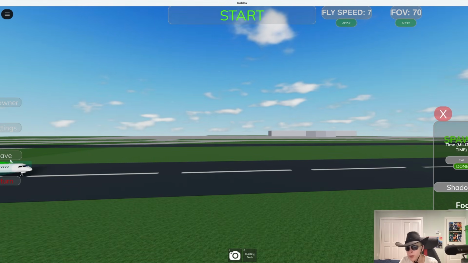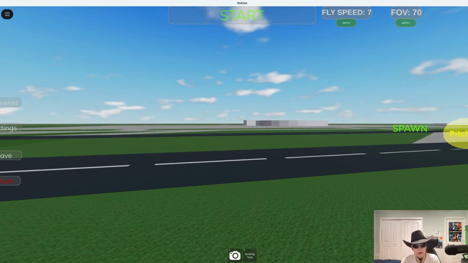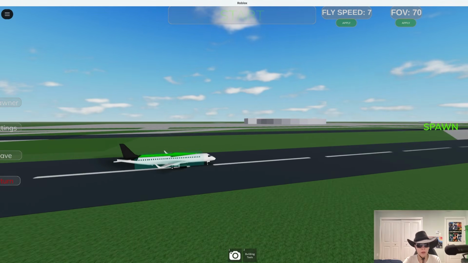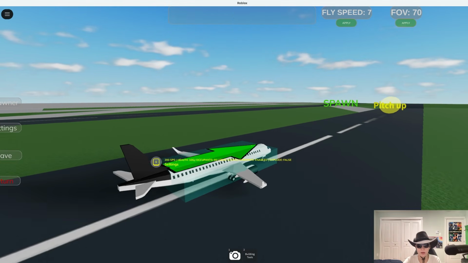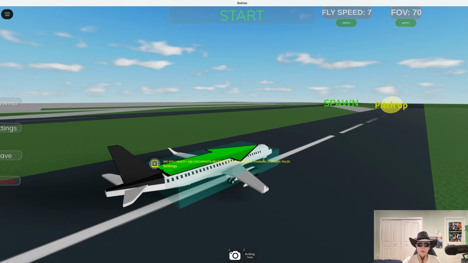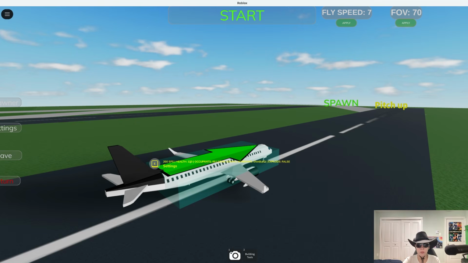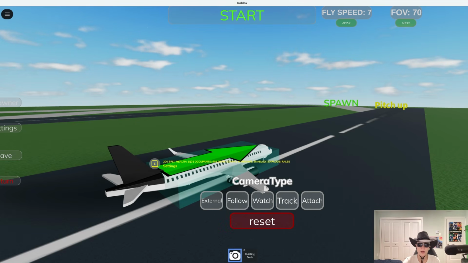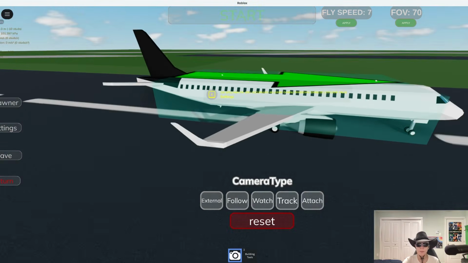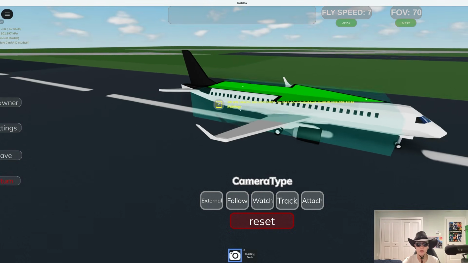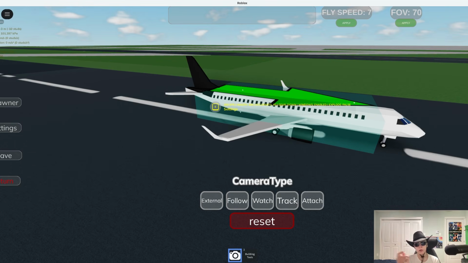Fog. Now I don't recommend the fog because it's just not very good for the air crash scenario. So after you set up, you just press 1. There's a camera, and there are different camera types. If you just click on some part of the aircraft, it's got an anchor, and you don't need to worry about